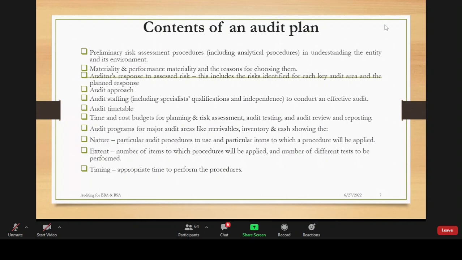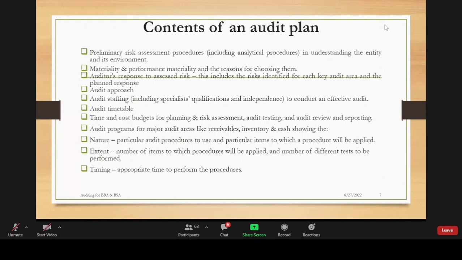So in that way, the person had to be changed because they were not going to be probably objective. You might find instances where, for example, you cannot be part of the audit team that is going to audit a company where your girlfriend works as an accountant, because then there won't be independence at all. So that audit staffing is very crucial as a content of the audit plan.